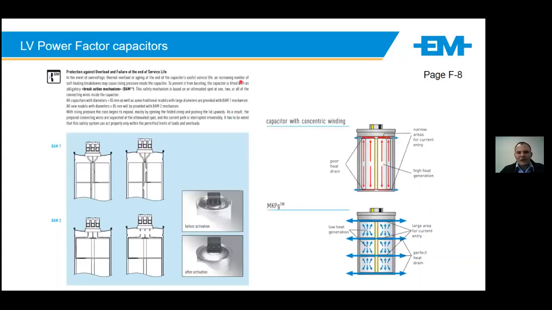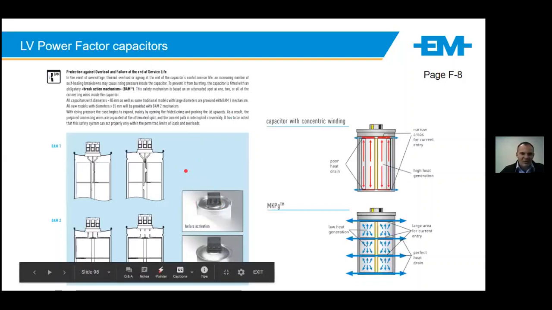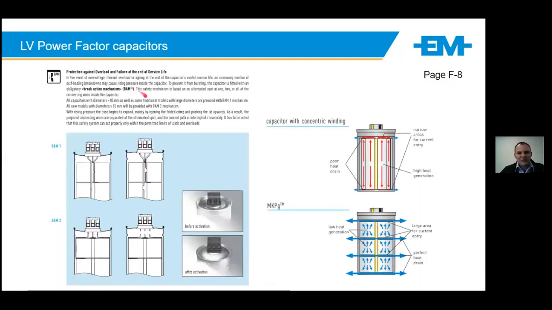Depending on how many times transients or over-voltage events occur on the capacitor, there will be a pressure build-up inside it. When pressure builds up, depending on the capacitor, it will create a disconnect from the different phases. This is very important as a safety mechanism. In the event of multiple over-voltages and a lot of self-healings inside the unit, the pressure build-up will force the capacitor to stay open and remove itself from the circuit.